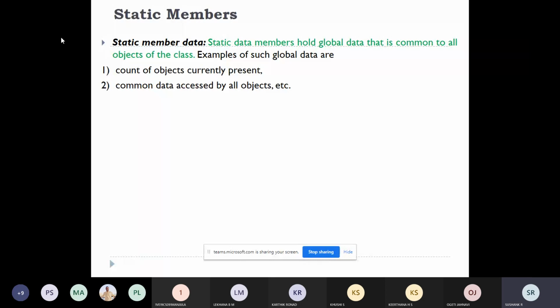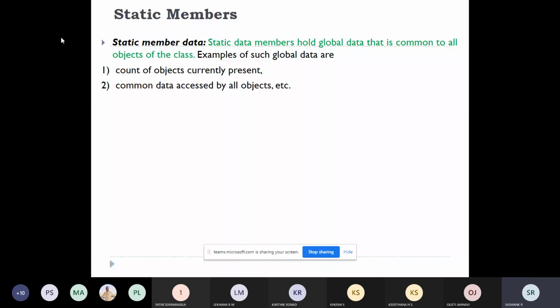You can consider that interest rate as a static member. The static member will not have multiple copies. It will have only a single copy that is shared by all the objects.